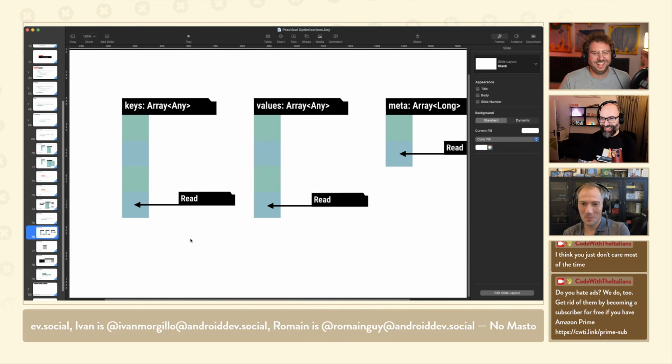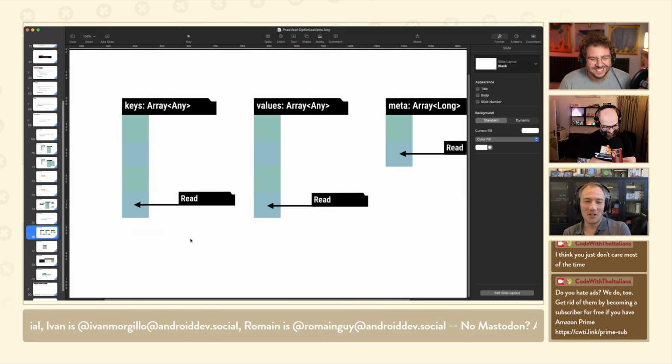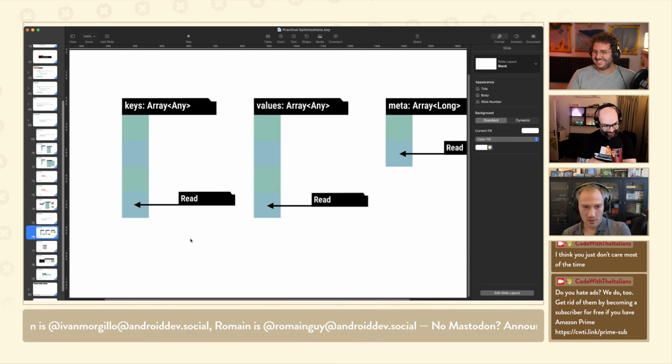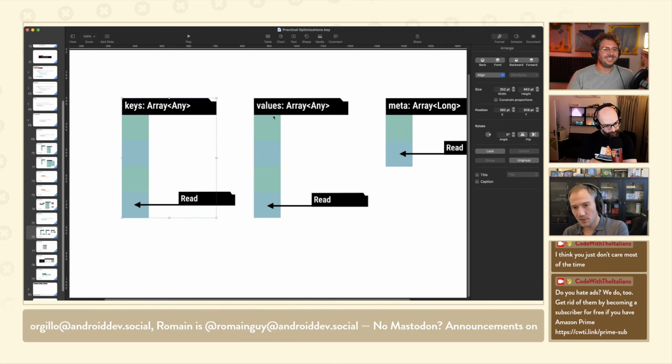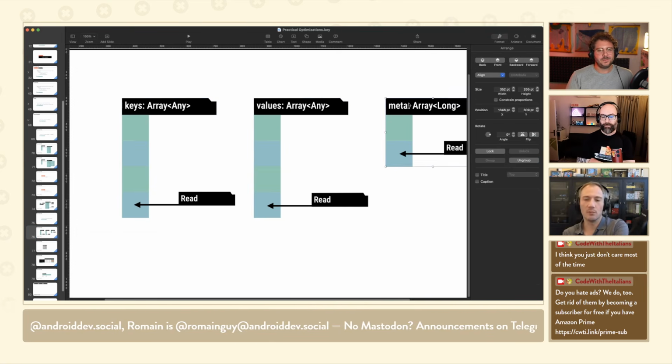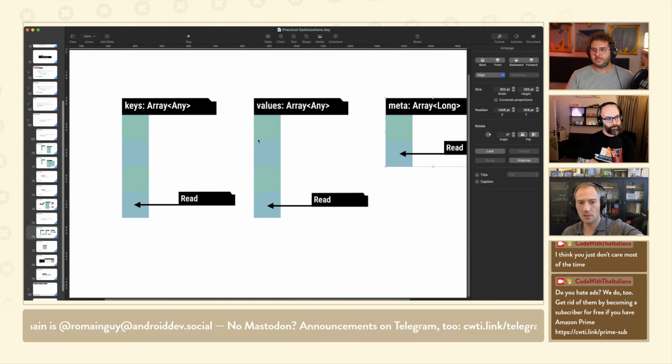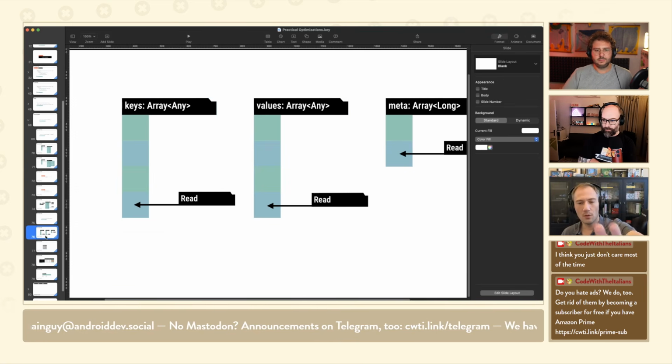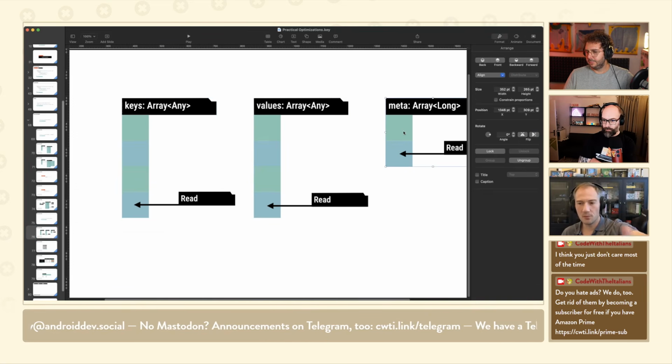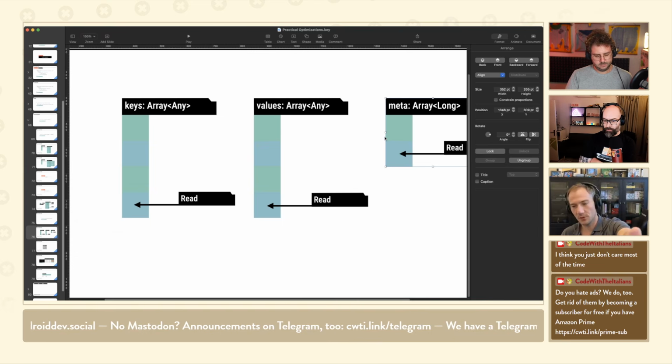It's fine. It's okay. The way the scatter map works is that there's an array of keys, there's an array of values, and there's an array of what's called metadata. The array of metadata is interesting because it's longs, so each long actually maps to 8 entries for the keys and values. So the overhead we have in scatter map is 1 byte per entry, not 49, just 1.